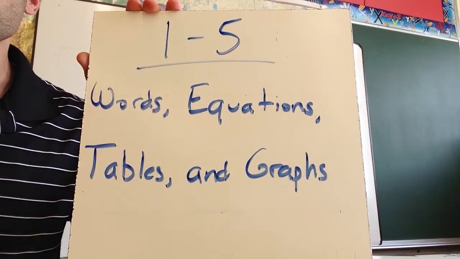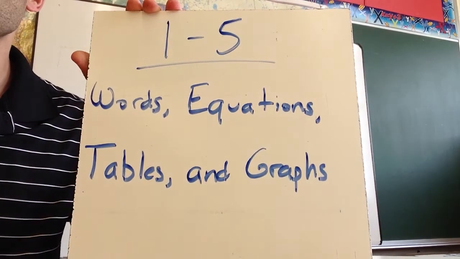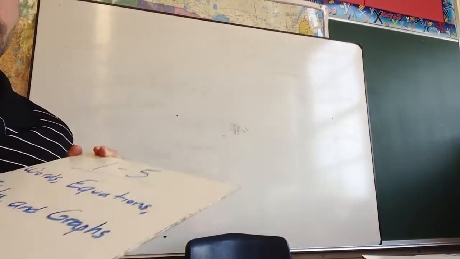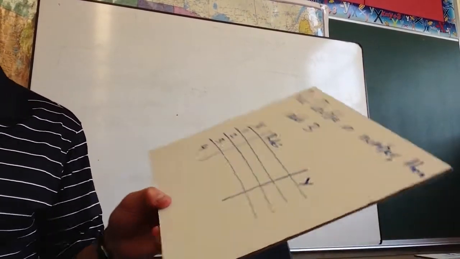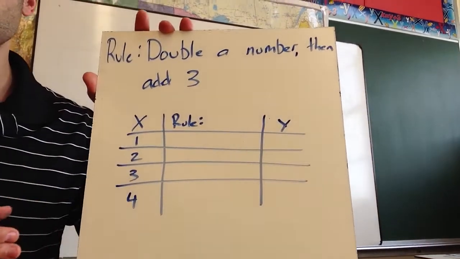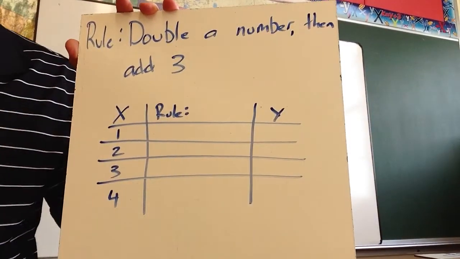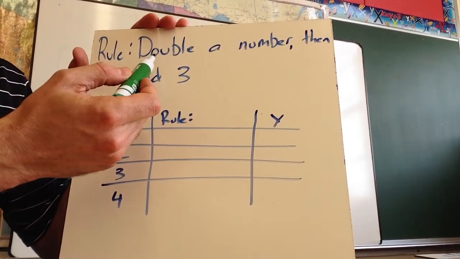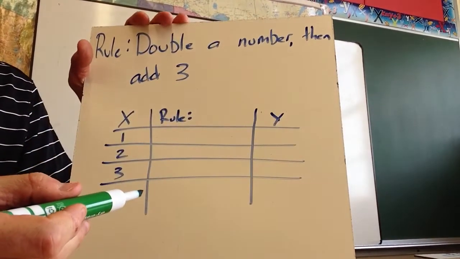Today's video is going to discuss Chapter 1.5, Words, Equations, Tables, and Graphs. So the first thing we're going to work on is a rule. And this is probably very similar to the in and out box that you did in Everyday Math. So the idea is that if the rule is that I double a number and then add 3, to write